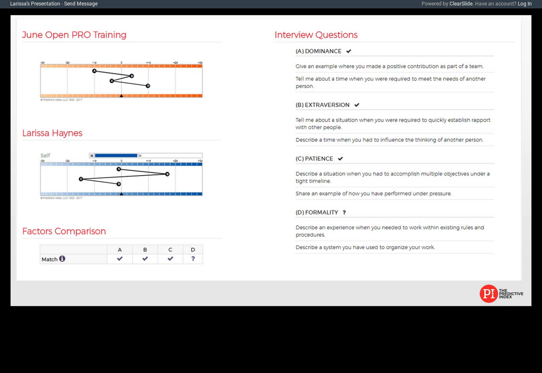So for this person, you might want to dig in a little bit more around that patience: tell me about times when you've had to slow things down, when you've had to work a process. So you still want to use common sense in your training, but this is still a great tool to get you started on what matches and what doesn't, and where you really want to dig in. In 2018, we're coming out with a far more robust version of this, so get ready for that, but that's also why we're having you start with these now.